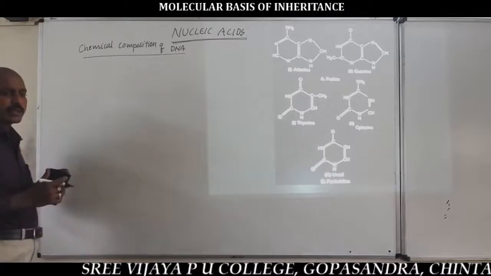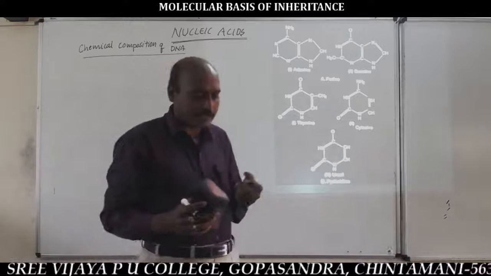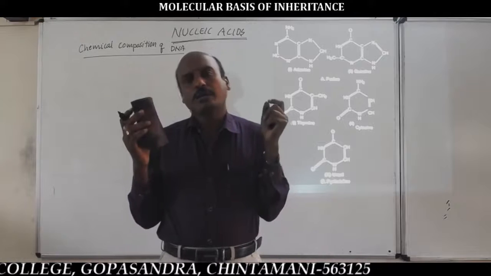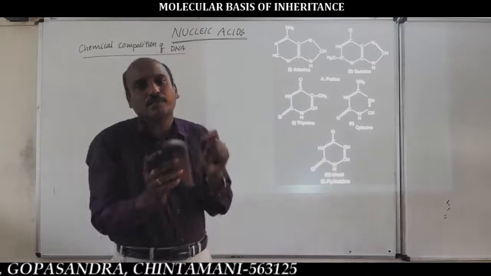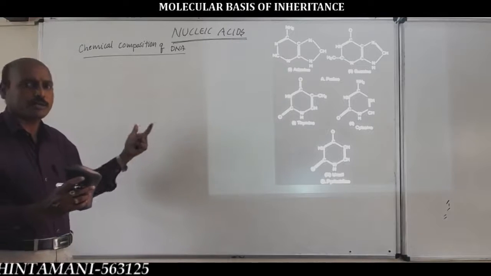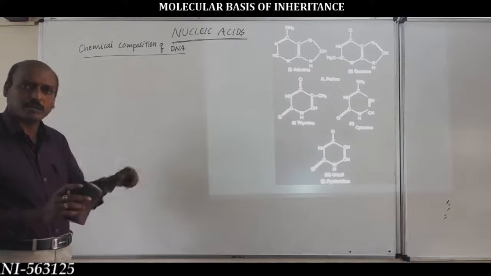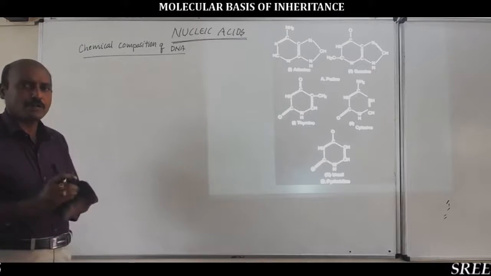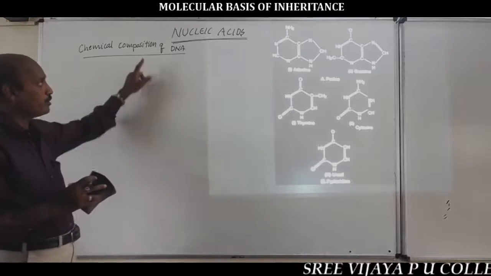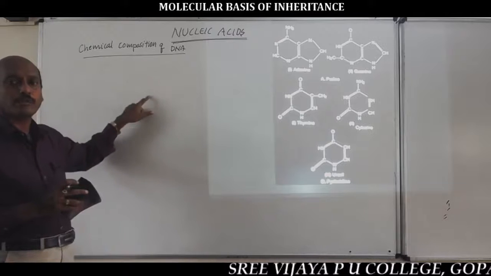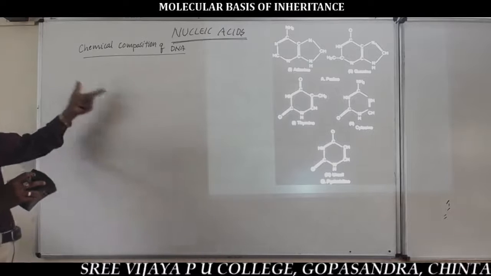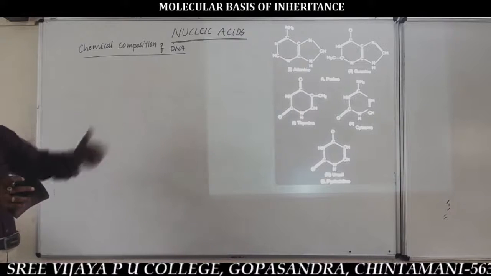The chemical composition of DNA is generally the same as that of nucleic acids, except for some differences. Both DNA and RNA have the same chemical compounds, except for some differences in the nitrogen bases or in the pentose sugar. The phosphate group is common to both nucleic acids. Both contain the same kinds of organic compounds.